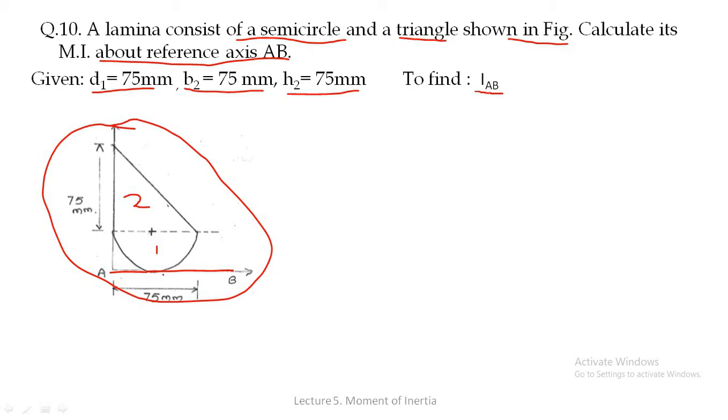This AB will be parallel to some horizontal centroidal axis of this combined plane figure. We don't know where that horizontal centroidal axis is, but first we have to find it for this combined figure of 1 and 2. Then we find the moment of inertia about that axis, and then about AB. So this question is a lengthy one. Even if it is lengthy, it will be asked for 4 marks only. It is simple, but you have to bear with it and pay focus and attention. So let's go through the solution.